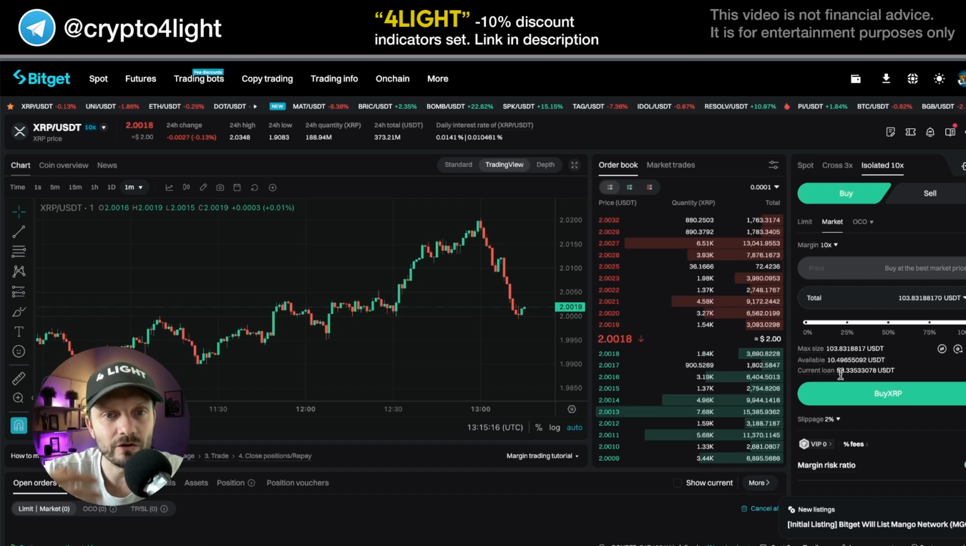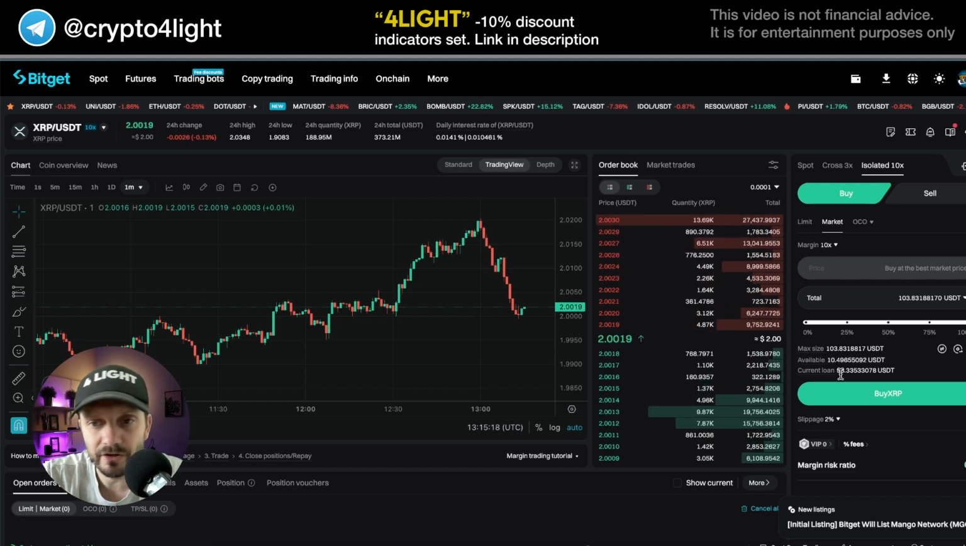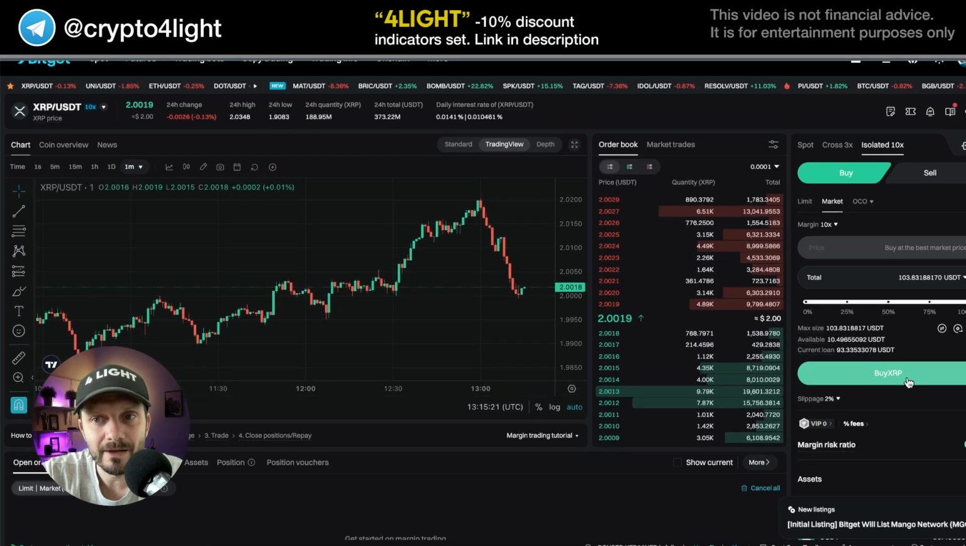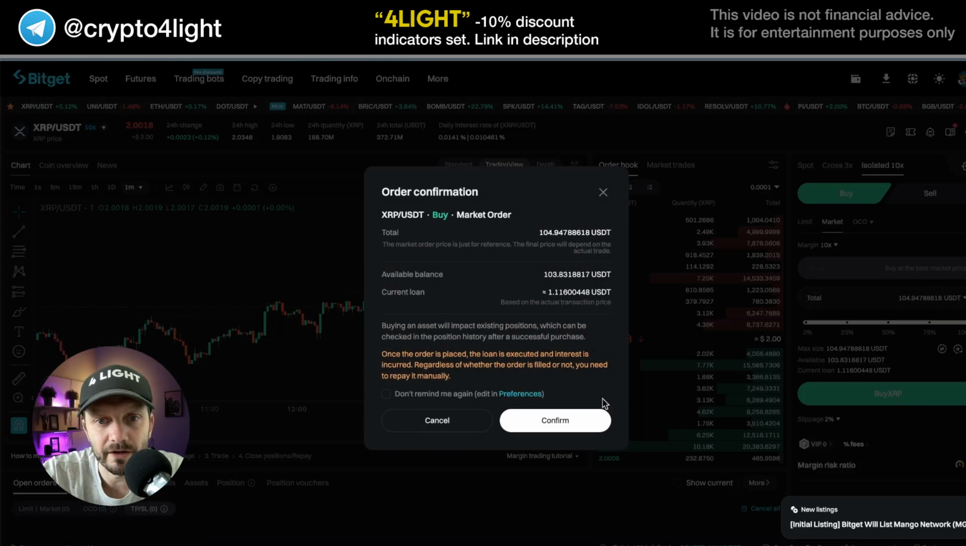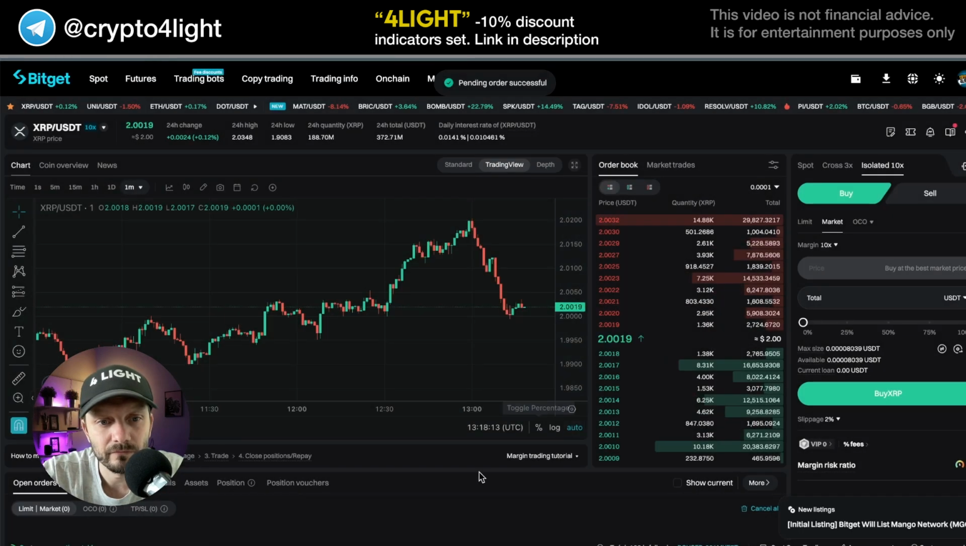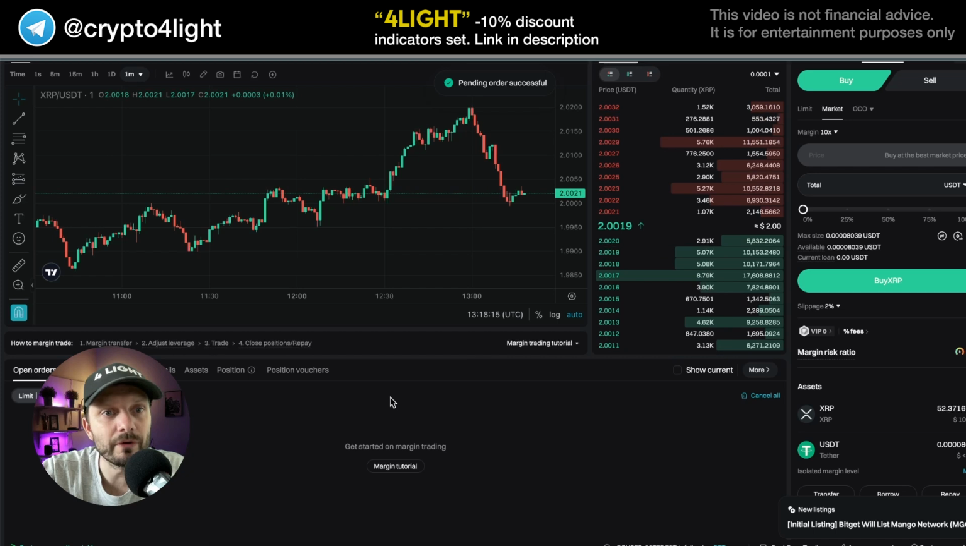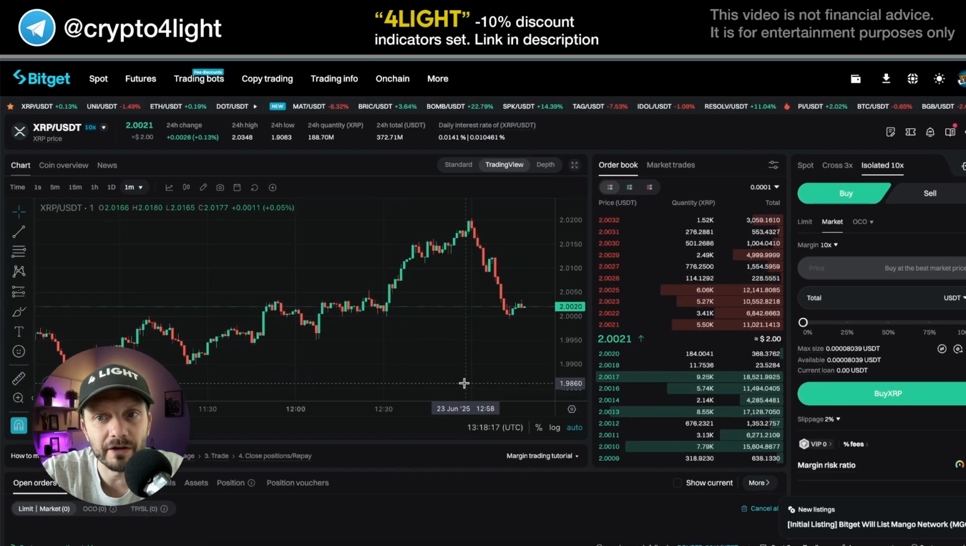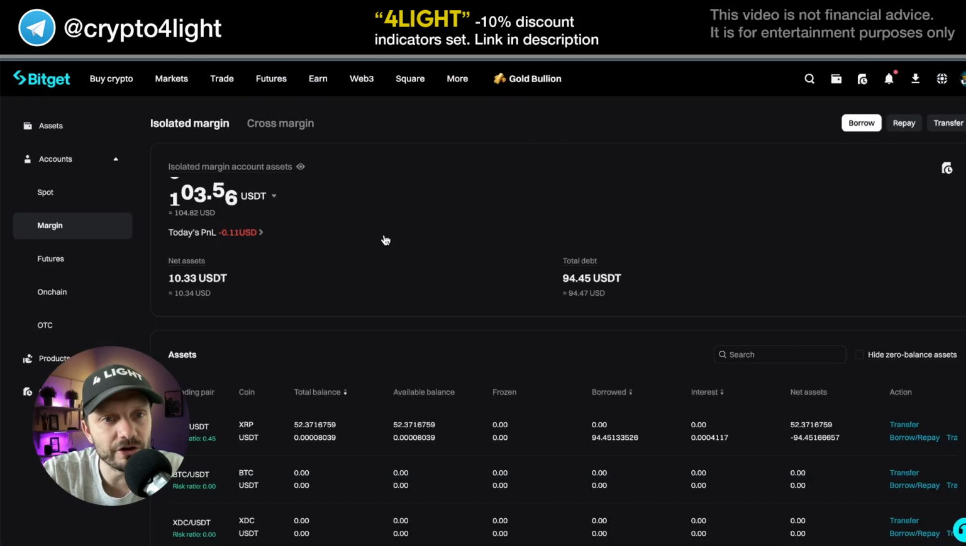Because my own money is only $10 and I took a loan. All right, so I press buy. I press buy XRP, purchase it. So what do we have to do now? And where's our money? Now we go to our margin account, and like you can see, we have only $10